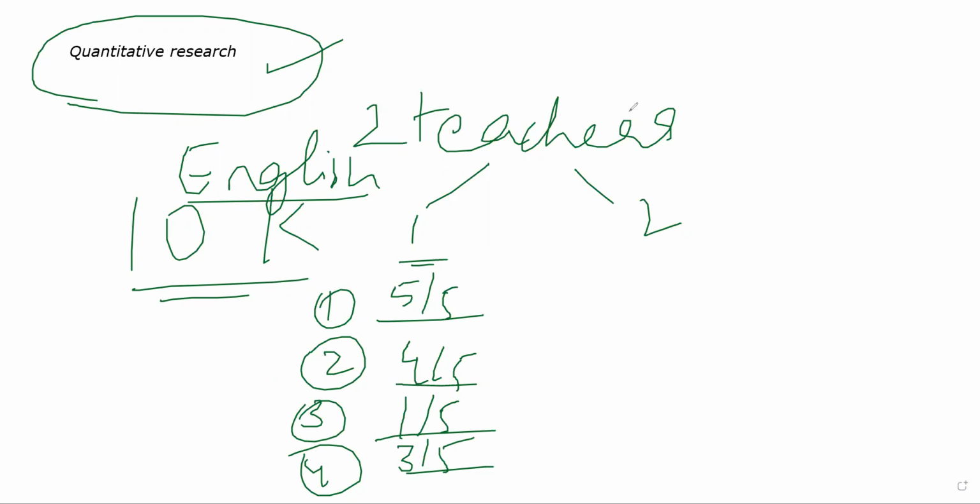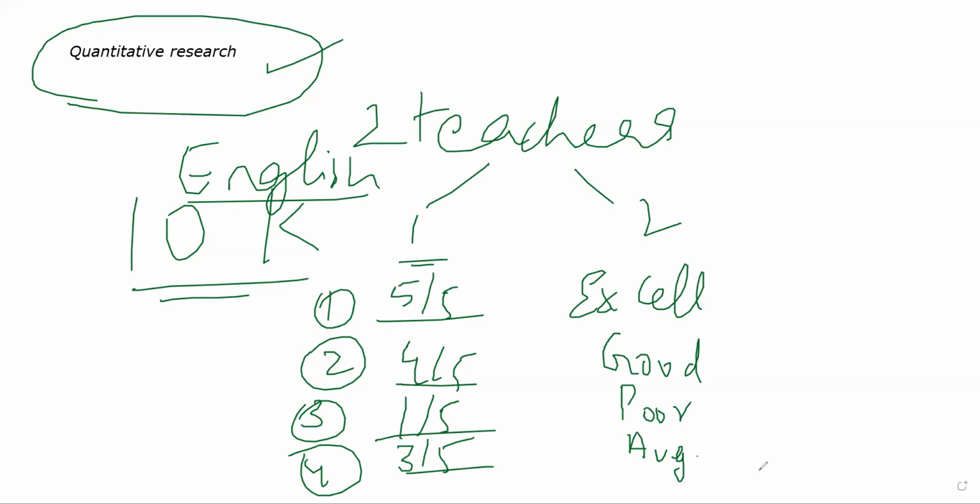Versus, let's suppose the second teacher is writing in this way. Here she writes excellent, here good, here poor, here average. Okay, it is harder to categorize. You are telling that they are excellent, good, poor, and average, but it will be harder to categorize the difference between good and excellent because you're not putting a proper number to it. Someone can be excellent, great, very good, or you could write it that way too. So what will be the difference between them? Now, how will you categorize a 4.5? Does it come under very good, or do you say almost excellent? It will be hard. So you get the point.